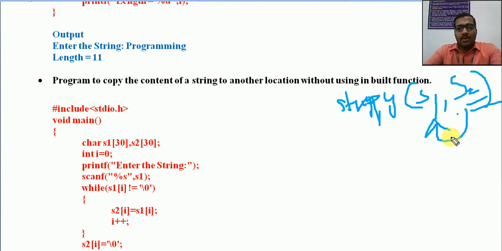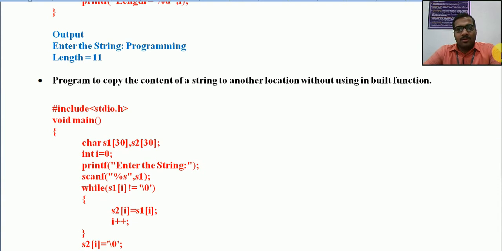That we already know in our set of string handling functions. There we need to include a header file for getting these functions. So here, if we do not have that header file available, we can do this copying by using a simple logic. So we will see that simple logic here.